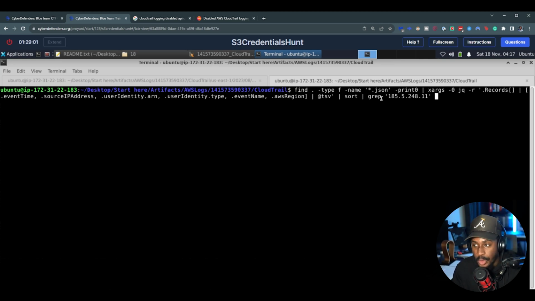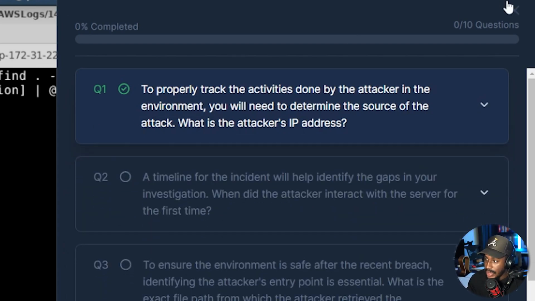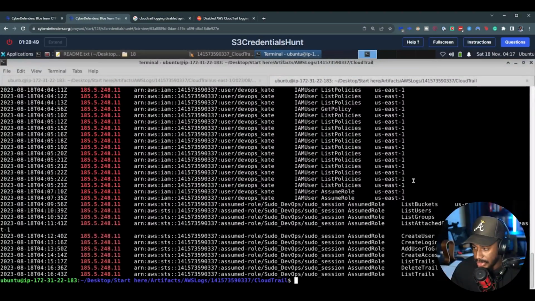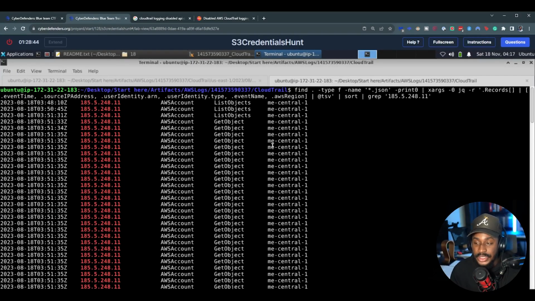And then we can add some more stuff to it, like looking for all the activities coming from this particular IP address we observed from the very first question. So let's go ahead and run that command right here. Perfect. So now we can see that we're actually seeing some things coming from ME Central 1, which I believe